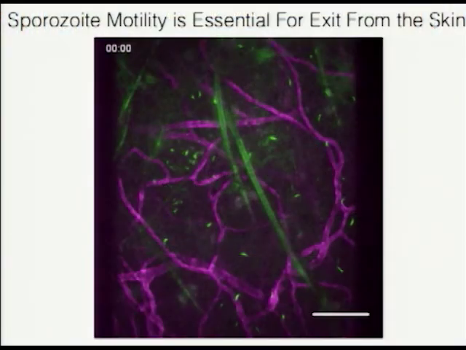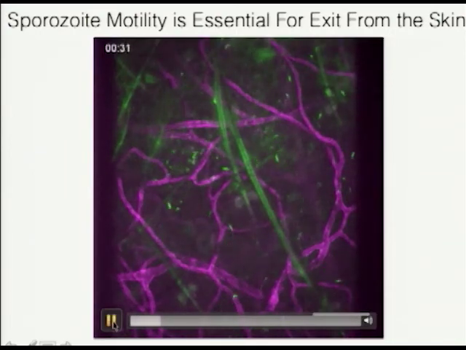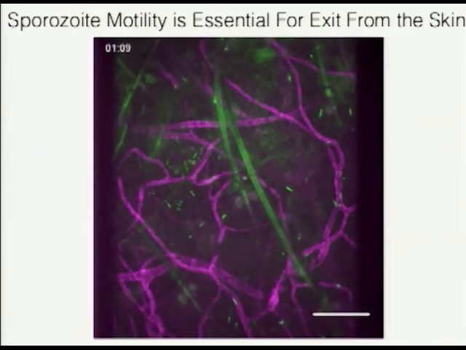Once sporozoites are in the skin, they have to move, and they are capable of motility, and they move quite fast. Christine Hopp in my lab made this movie. This is the ear of a mouse. The mouse has been inoculated with antibodies that label the vessels, so you can see the vessels here in pink. These green things are just autofluorescent hair follicles. And you can see that sporozoites just move around the skin. They look kind of aimless,